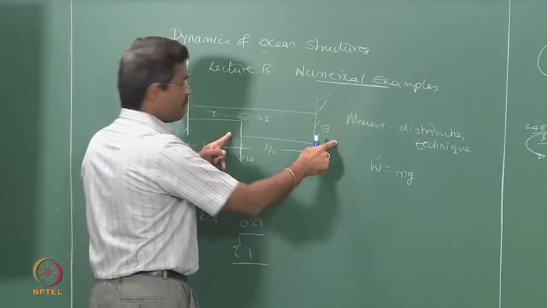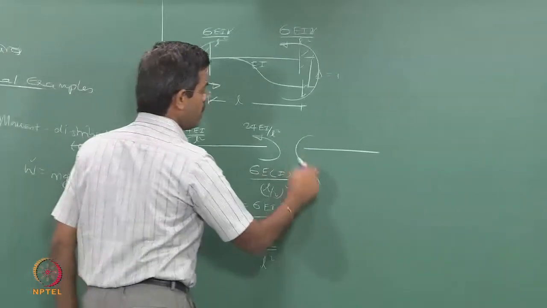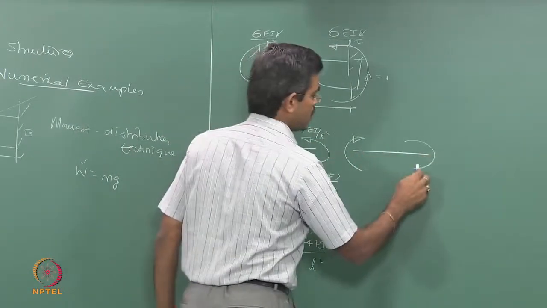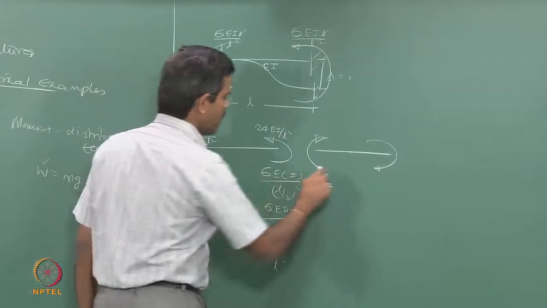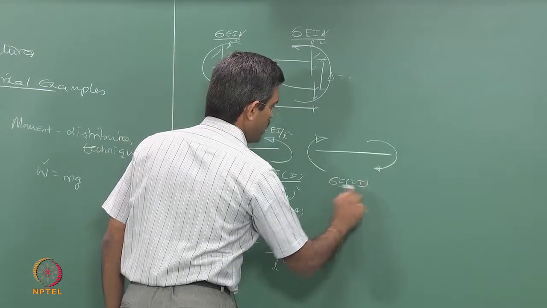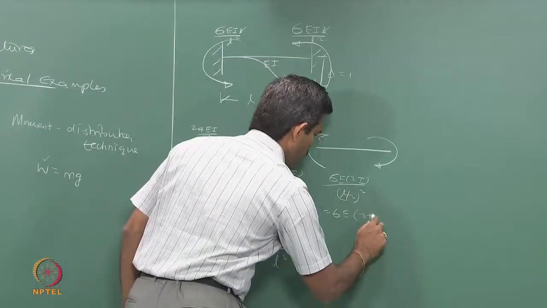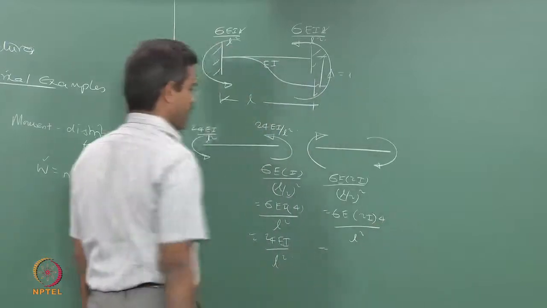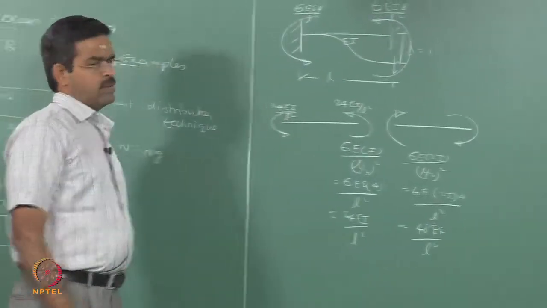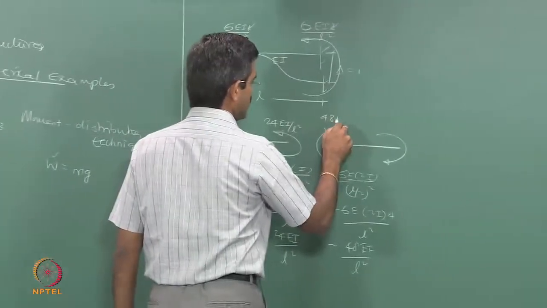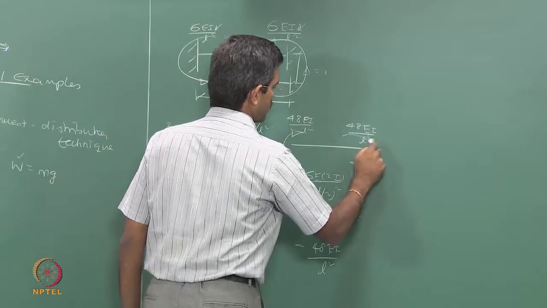Now, the right hand segment, that is CB, again the left hand support of this part is settling down. So, therefore, the arrow direction is going to be lifted up, similarly clockwise here. So, this is again going to be 6E delta by L square. So, I write the value here, 6E of 2I by L by 2 the whole square, which is 6E of 2I of 4 by L square. So, 48. And this is going to be 48 EI by L square. This is also 48 EI by L square.